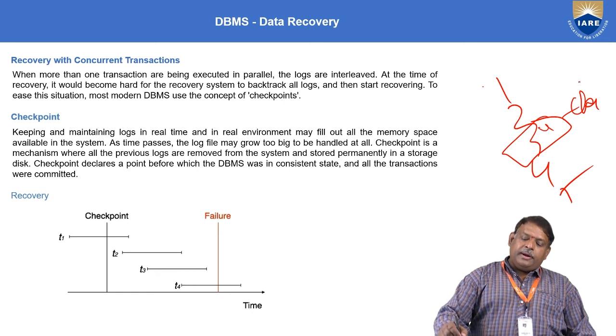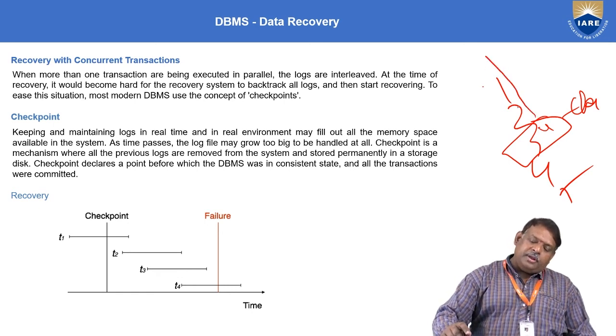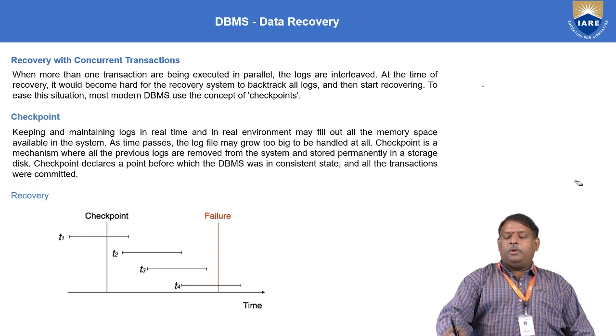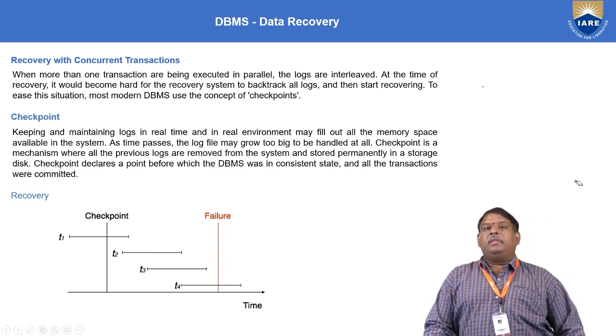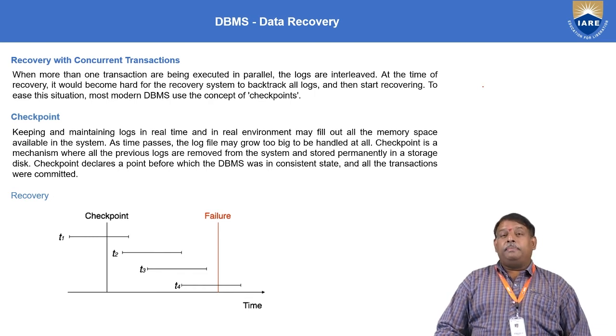So, when this is applied, all things prior to this 3 can be safely removed. As we have a checkpoint at 4, it is saved till there. So, checkpoint is nothing but a mechanism where all the previous logs are removed from the system and stored permanently